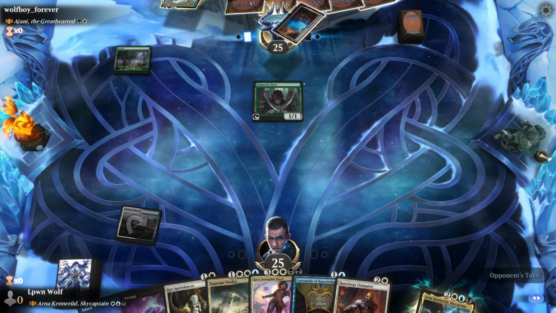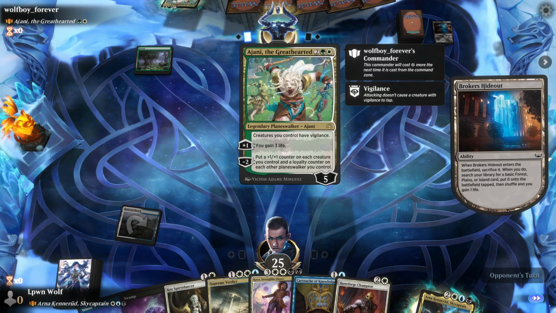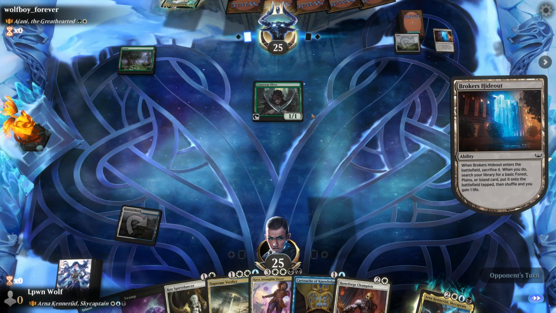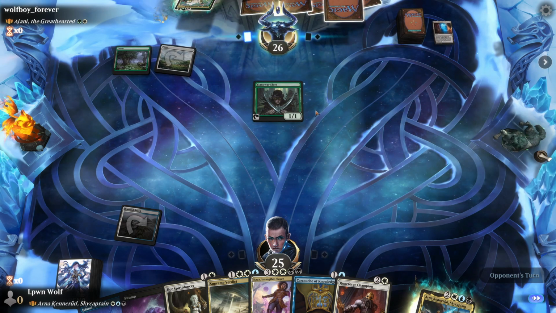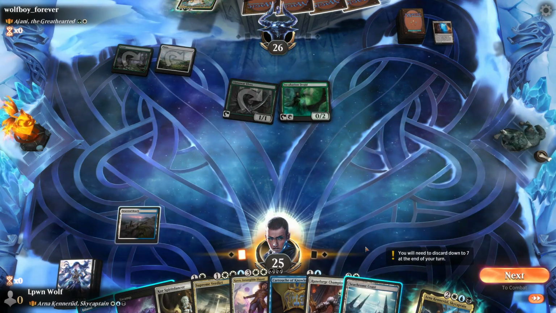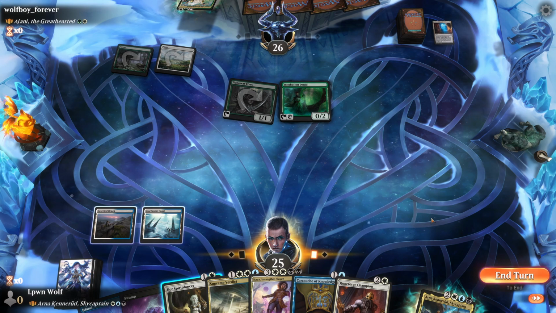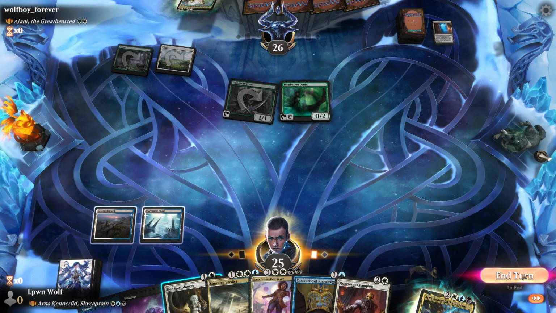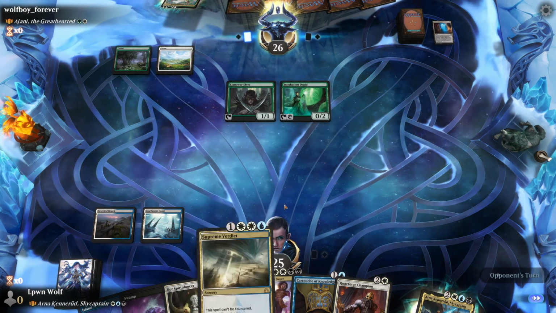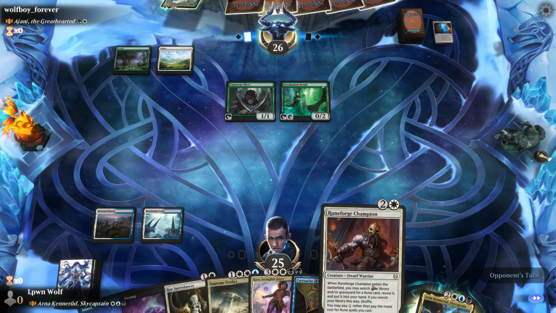The Ajani doesn't have an ultimate per se, but it does buff their whole team up by a counter each, which is kind of scary. I do wonder, though, if I should even play any creatures. Because I feel like if we're just going to go for the Verdict, we probably just wait, right? I mean, I know it does mean that we're not going to get anything...